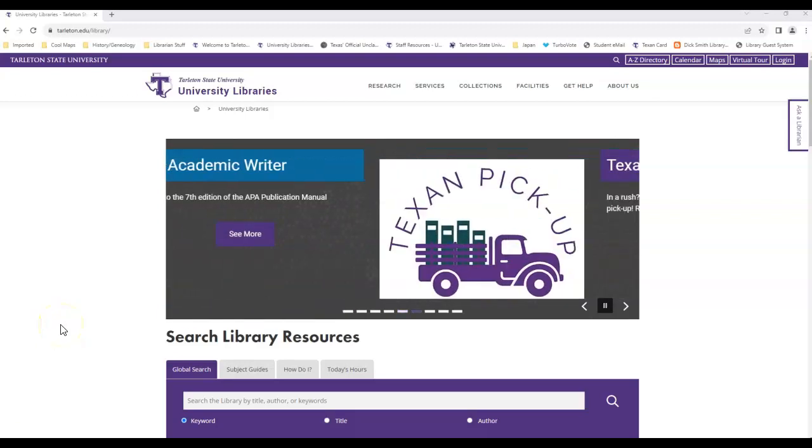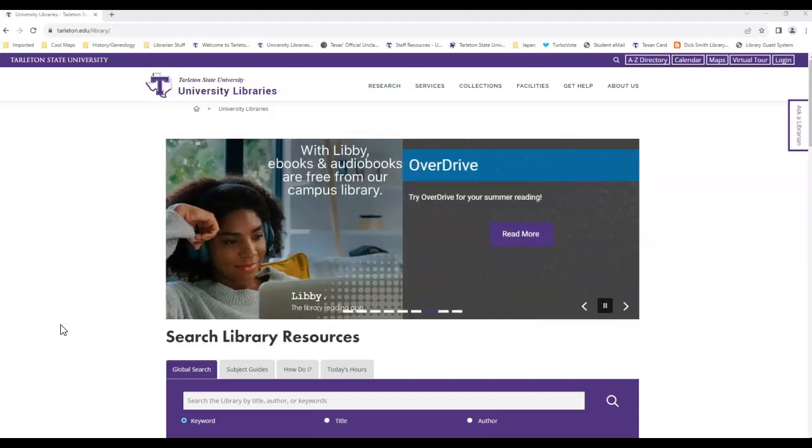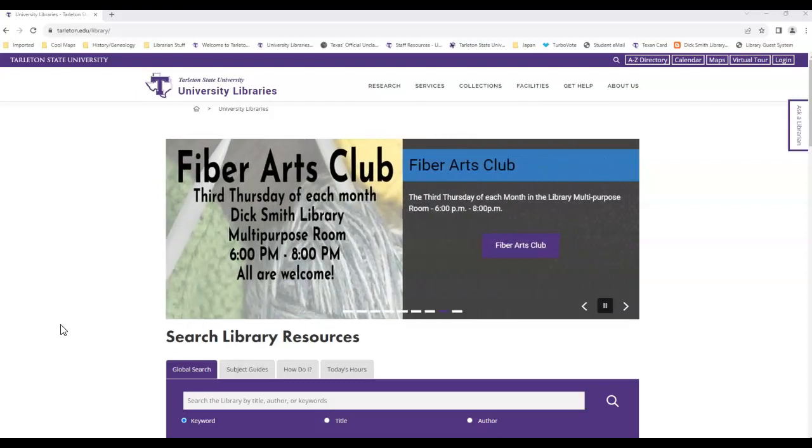What can you do if you need a book, an article, or some other item that the Tarleton libraries do not own? Well, we have a service called Interlibrary Loan where we can borrow materials on your behalf from other libraries outside of Tarleton. So you have a book or an article in mind and you've searched our collection and